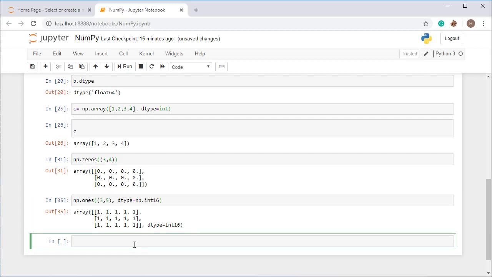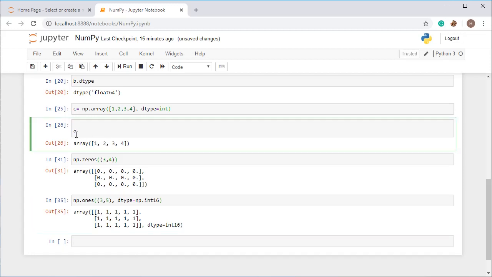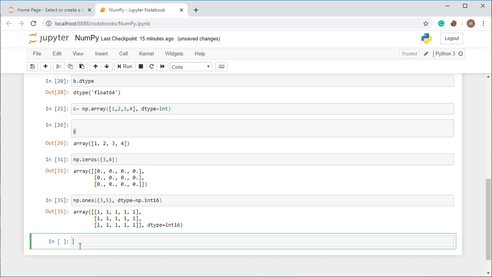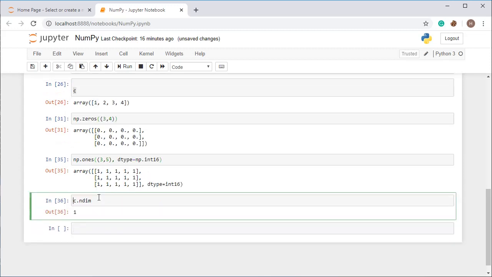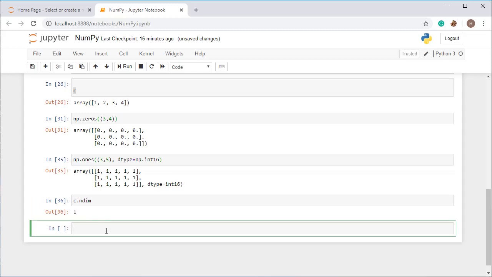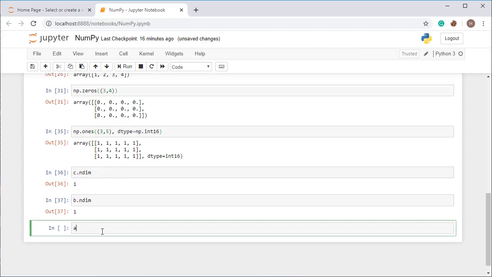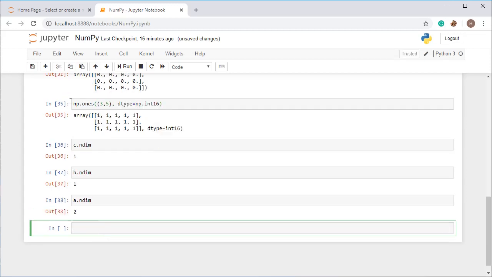We have created a c array. So type c, then dot ndim. It will represent the dimension of that array. ndim is the command you can use for getting the dimension, like b.ndim, then you will get the dimension of b. a.ndim, then you will get the dimension of a.